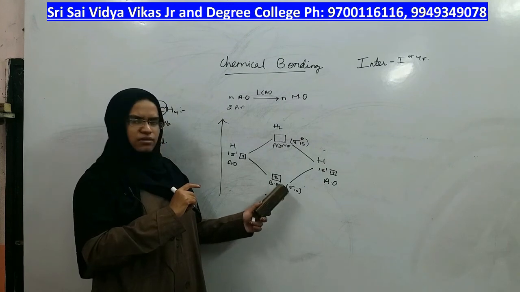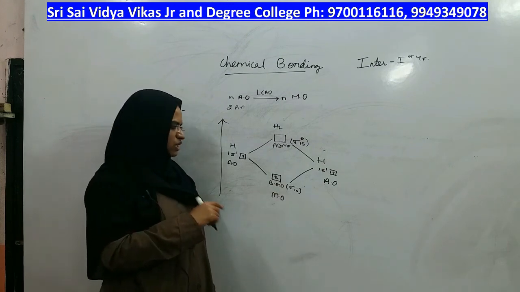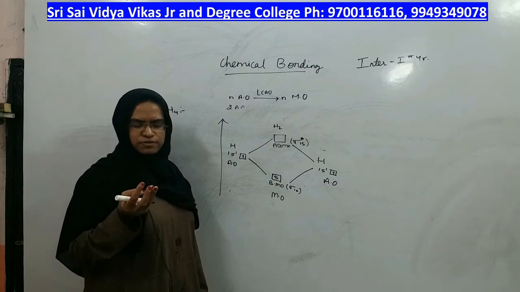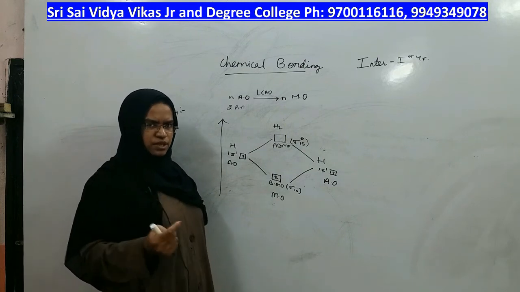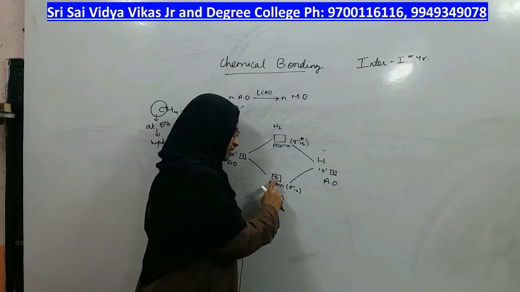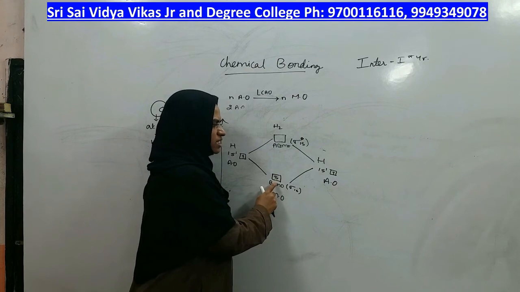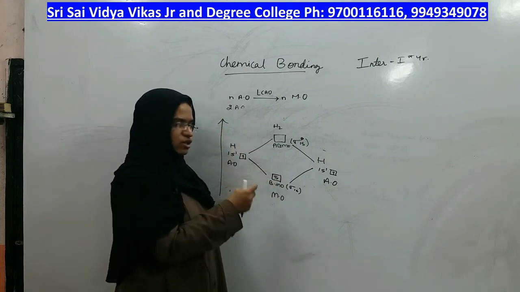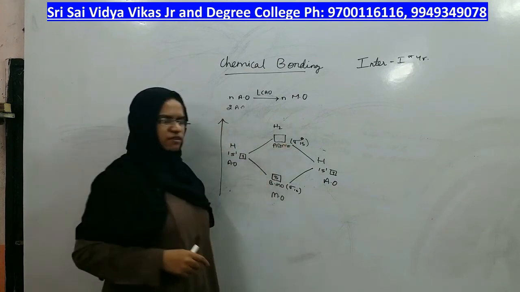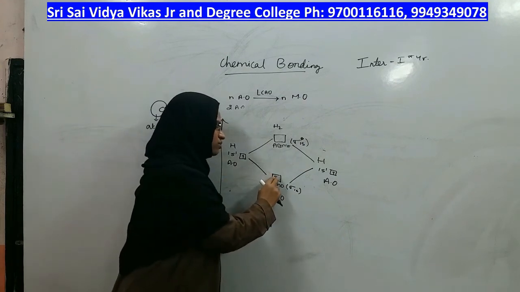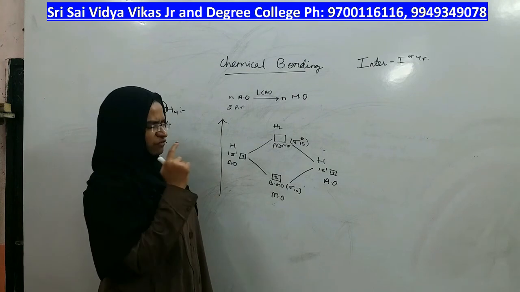So this is the energy profile diagram of the hydrogen molecule, in which the 2 electrons, if I follow Aufbau's principle, Hund's rule, and Pauli's exclusion principle, should be accommodated here only. After pairing in this lower energy level, if there were more electrons, I would have gone to the next level, but I don't have any electrons more than 2. So only 2 electrons come here, right? So you have filled the electrons.